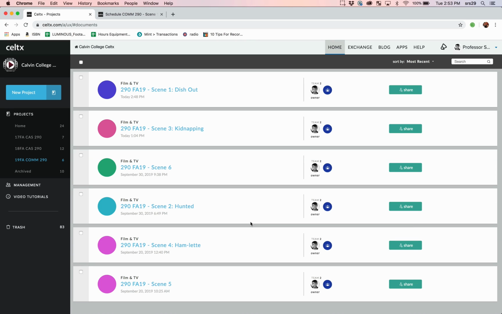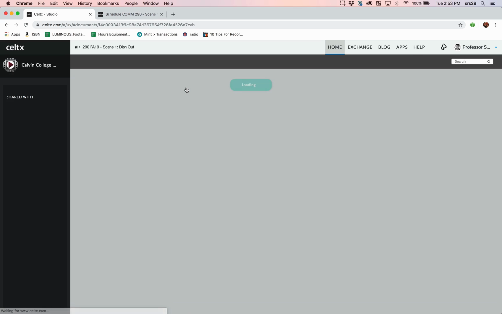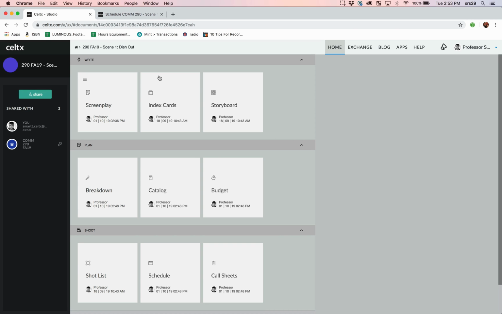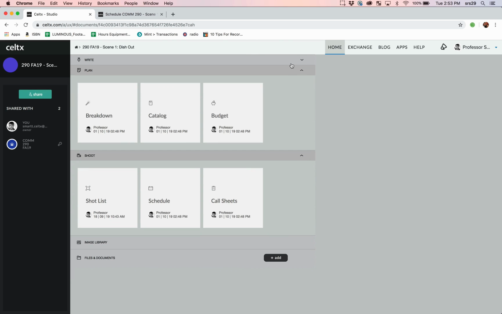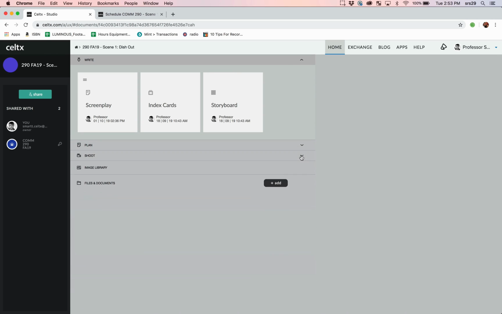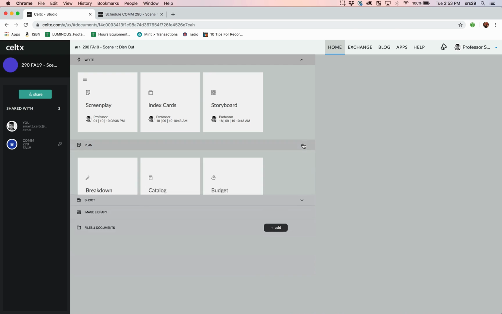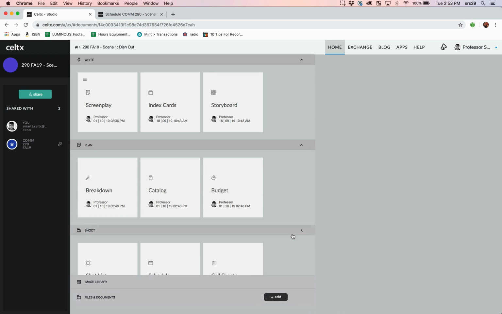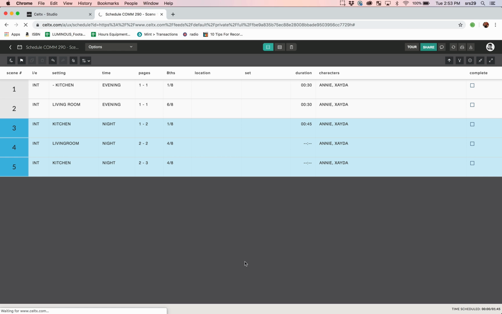Okay, everybody, here's a quick tutorial on how to make call sheets. I'm going to use scene 1 as an example and see that you have these different things. The screenplay is up here, which is what you've been in, but you also have plan and shoot, little disclosure triangles. And if you go to shoot and you click on call sheets, it'll give you this warning that says,